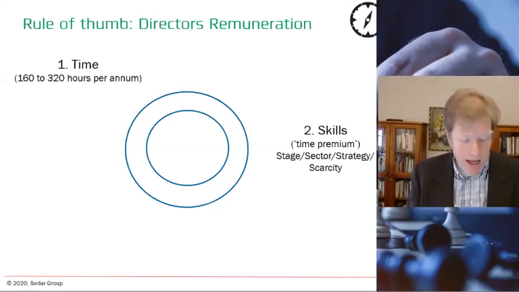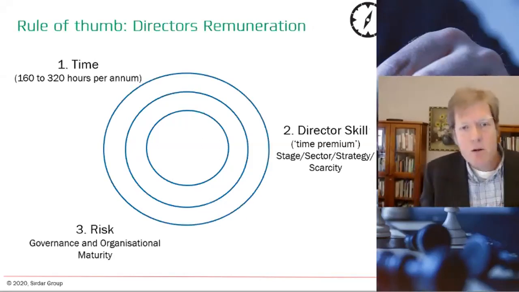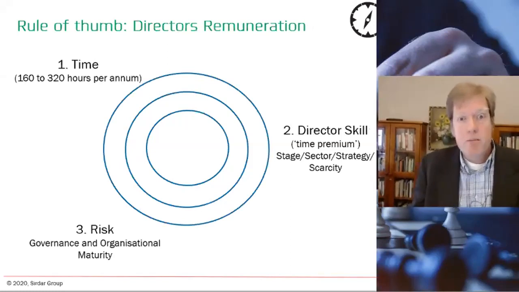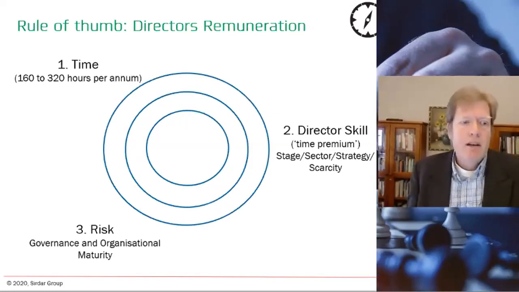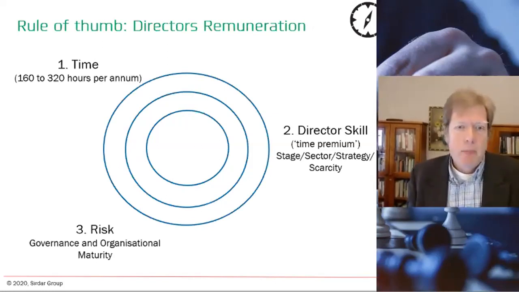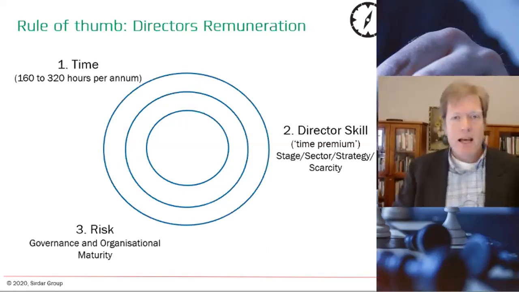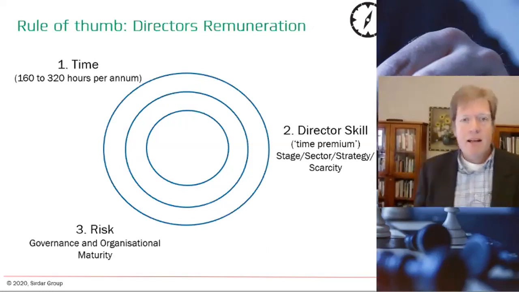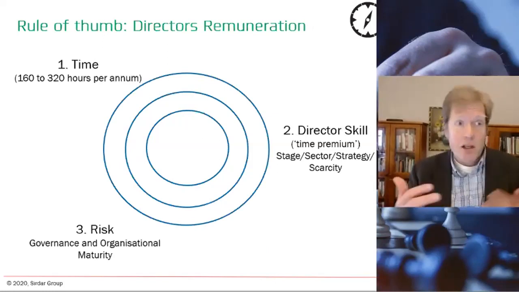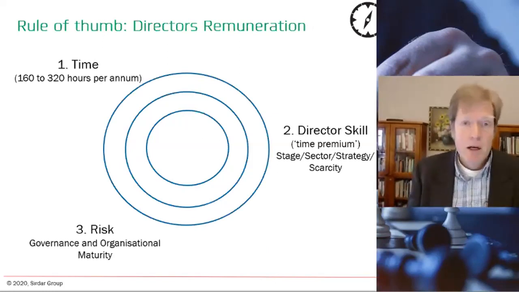And then the third one, and this is really the one that is related to that thought around complexity and complicatedness, is I think there is also an important element in terms of risk premium. And possibly this is the one that is the most like a piece of string. What is the governance and organizational maturity? So if I'm approaching a business and looking at it from the outside, and they've asked me, and I'm available, and I'm also of the right skill set, what they need at a certain point of time,